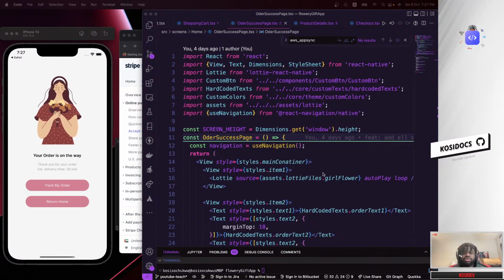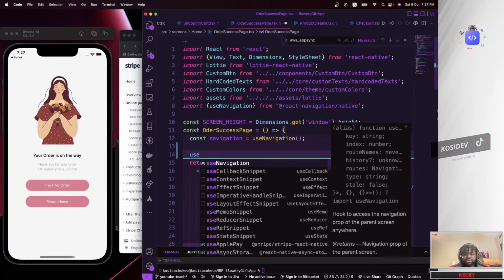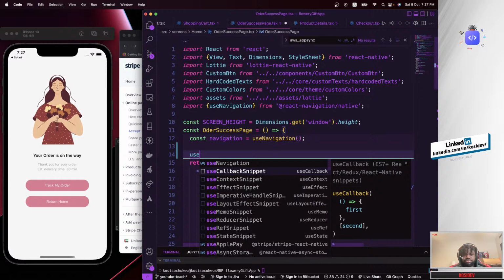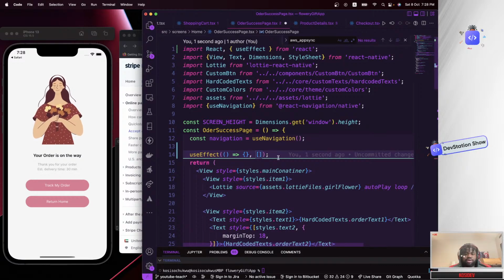So over here, I'm going to create another one. I'm going to say a useEffect, create a useEffect right here, and pass in a callback function which every useEffect requests, and then we'll add a dependency. In this case, we are passing an empty array because we don't want our useEffect to be called twice. We only want this to be called once during the lifetime of this screen or something like that. Yeah, so that's why we're adding this empty array to it.